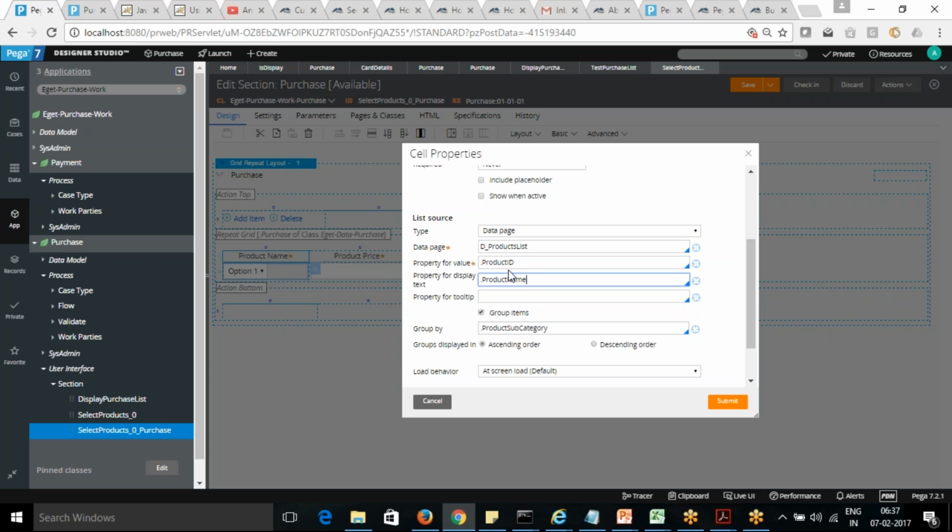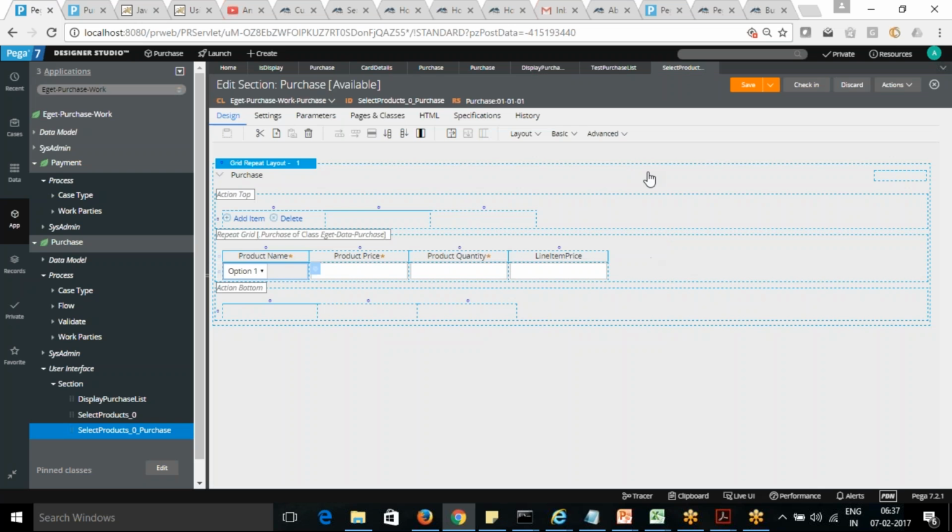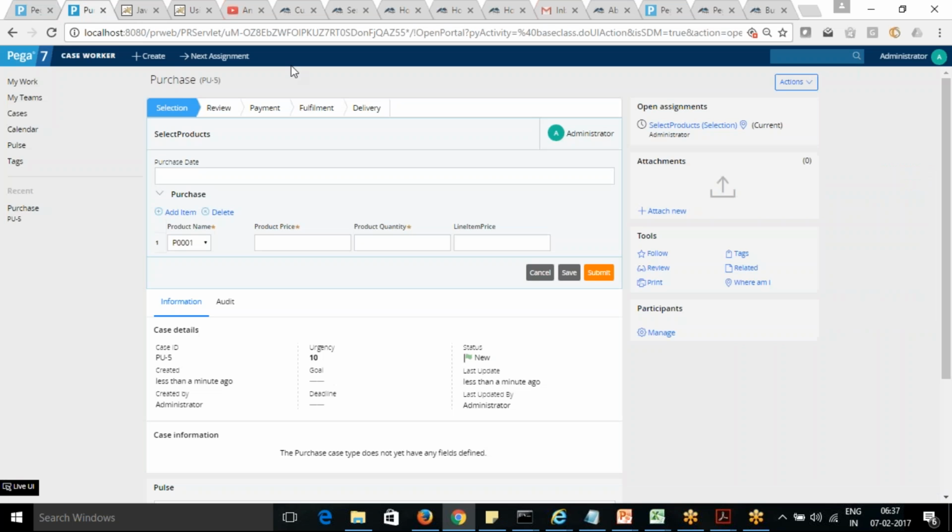In place of name, actually I want to use the ID internally, but I want to display the name to the user. Okay, I can replace this name. Okay, so now you can see that the category and the products are displaying here.